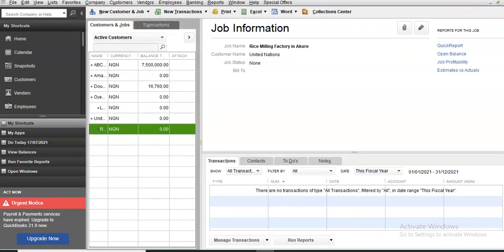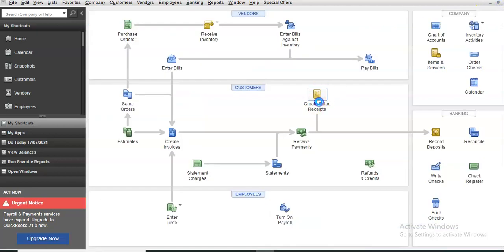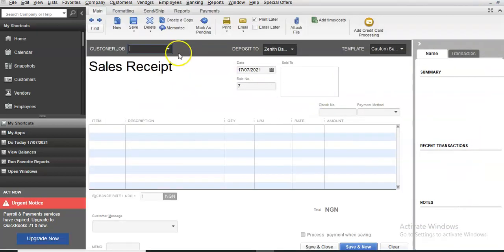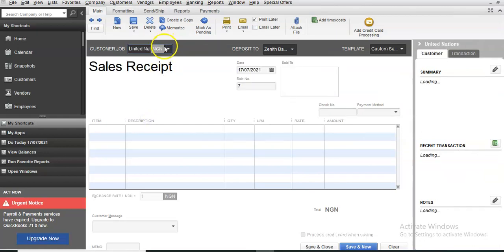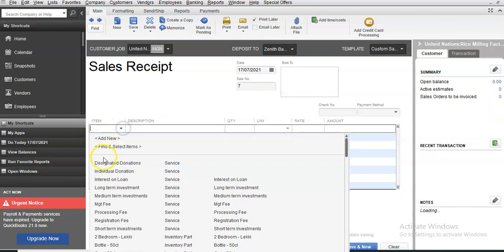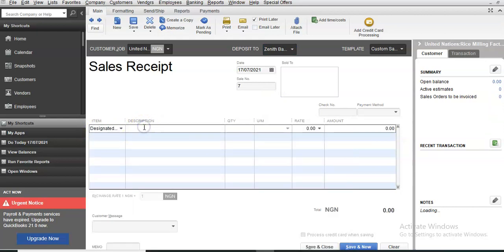So we can now go back to receive the donation. In your create sales receipt, I specify the donor here, specify the project, what bank the money was received into, then the item here, designated donation. So I come here and say donation for rice milling project